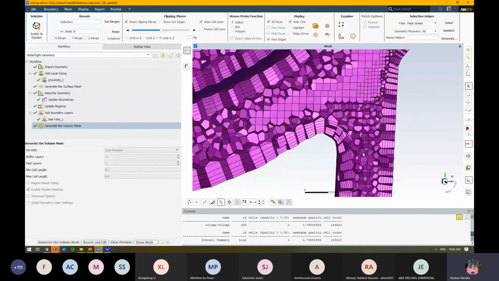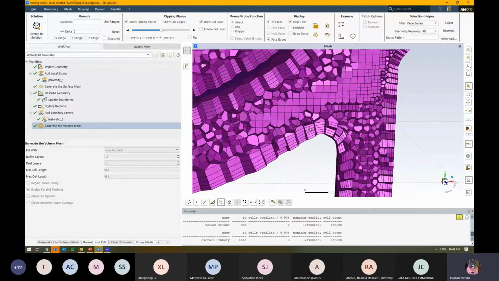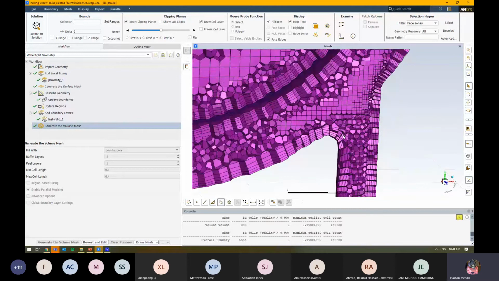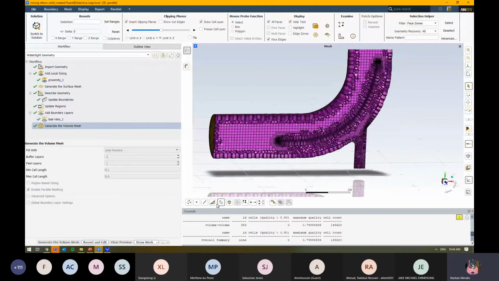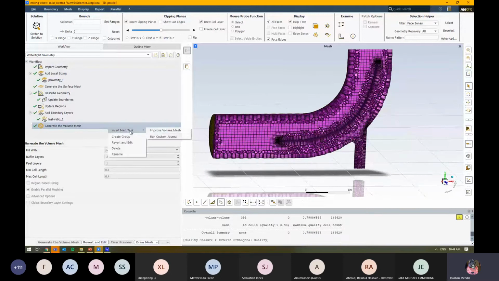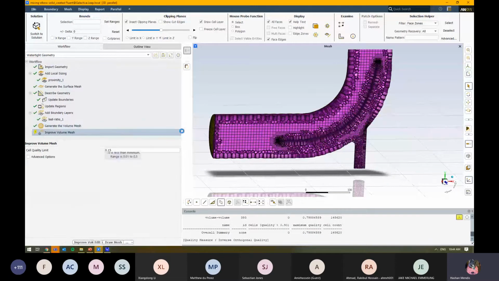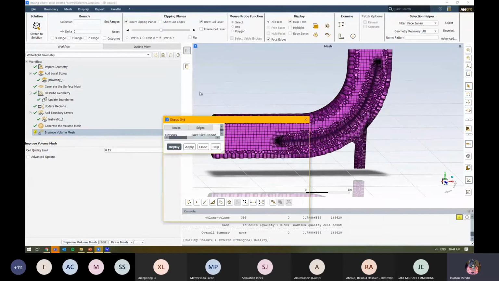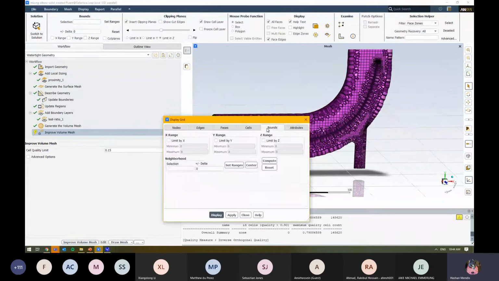And again, there are some regions where we've just got poly elements, right? It doesn't have enough room to grow to generate these hex elements around these regions. Look, the mesh here is relatively good, but if we did have problems, we can insert this improved volume mesh, right? And we can then start to specify what certain limit that we wanted to actually hit. We can also go to, I think it's display grid, and